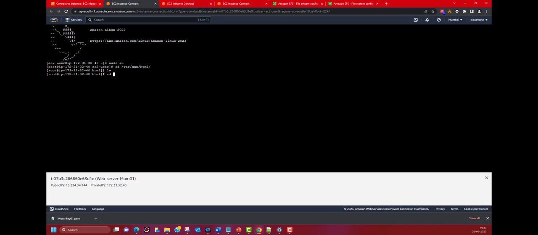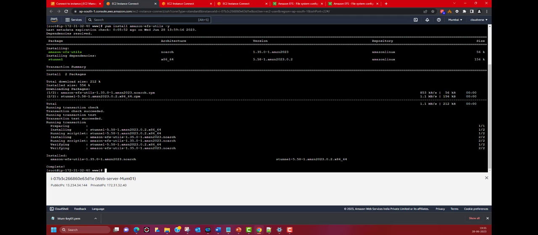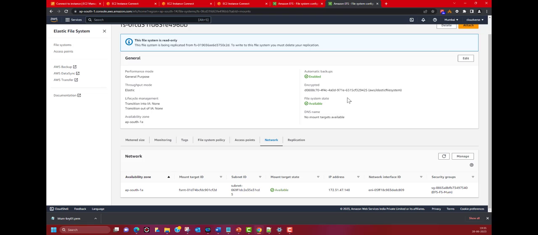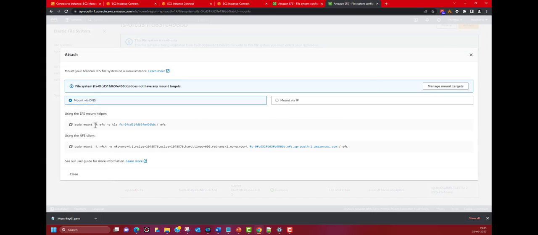So I'm going to go one step back. I'm going to mount it here. The command would remain the same, and before that let's install EFS utils. I'm going to use the command. So this is going to install EFS utils. After that, let's go back to this file system. Click on attach here. This is the one which is in ap-south-1a. I'm going to click on attach. This will have a different file system ID. You can see that. I'm going to pick this ID from here till this point, and I'm going to copy it